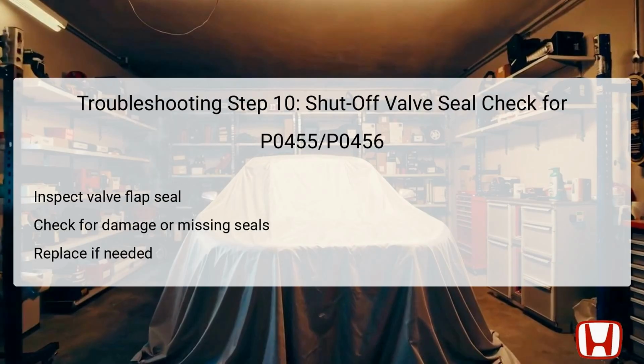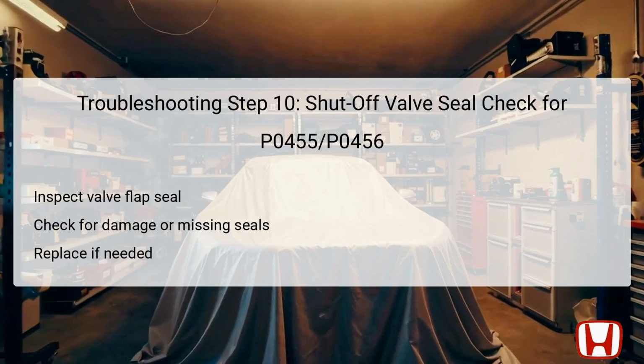In the final troubleshooting step, closely examine the flap seal of the shutoff valve to ensure that it is intact and properly positioned. The seal must be in good condition to maintain a reliable vapor barrier. If it is damaged or missing, it could lead to significant vapor leaks, raising the risk of triggering DTCs P0455 and P0456. In this case, replacing the main flap unit will remedy the problem. This check is essential to ensure that the shutoff valve continues to perform its task effectively, keeping the EVAP system